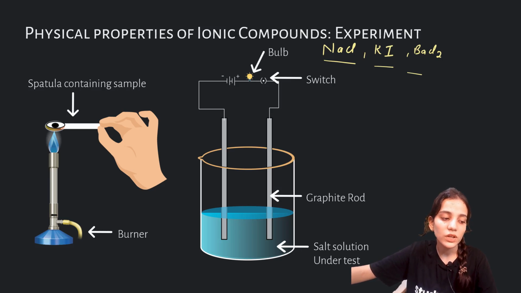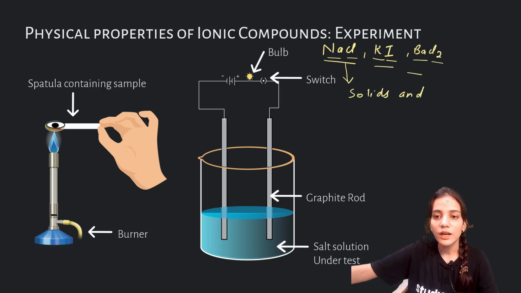The physical nature of ionic compounds: these all are ionic compounds. As you can see, sodium is a metal, chlorine is a non-metal, potassium is a metal, iodine is a non-metal. Same in the case of barium chloride. So what is the physical structure of these ionic compounds? These ionic compounds are solids